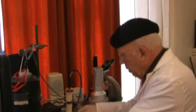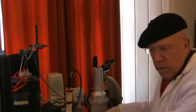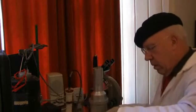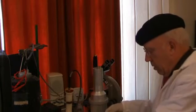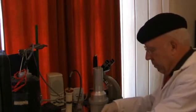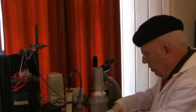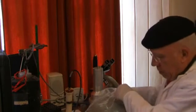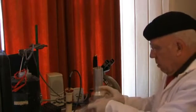I'm not going to leave it out anymore because I'm a bit nervous about this whole thing, and I should really be wearing a mask and all the rest of the gear. But let's live dangerously occasionally. Anyway, the point is that the amount of material on this filter which created that increase in radioactivity, not good,